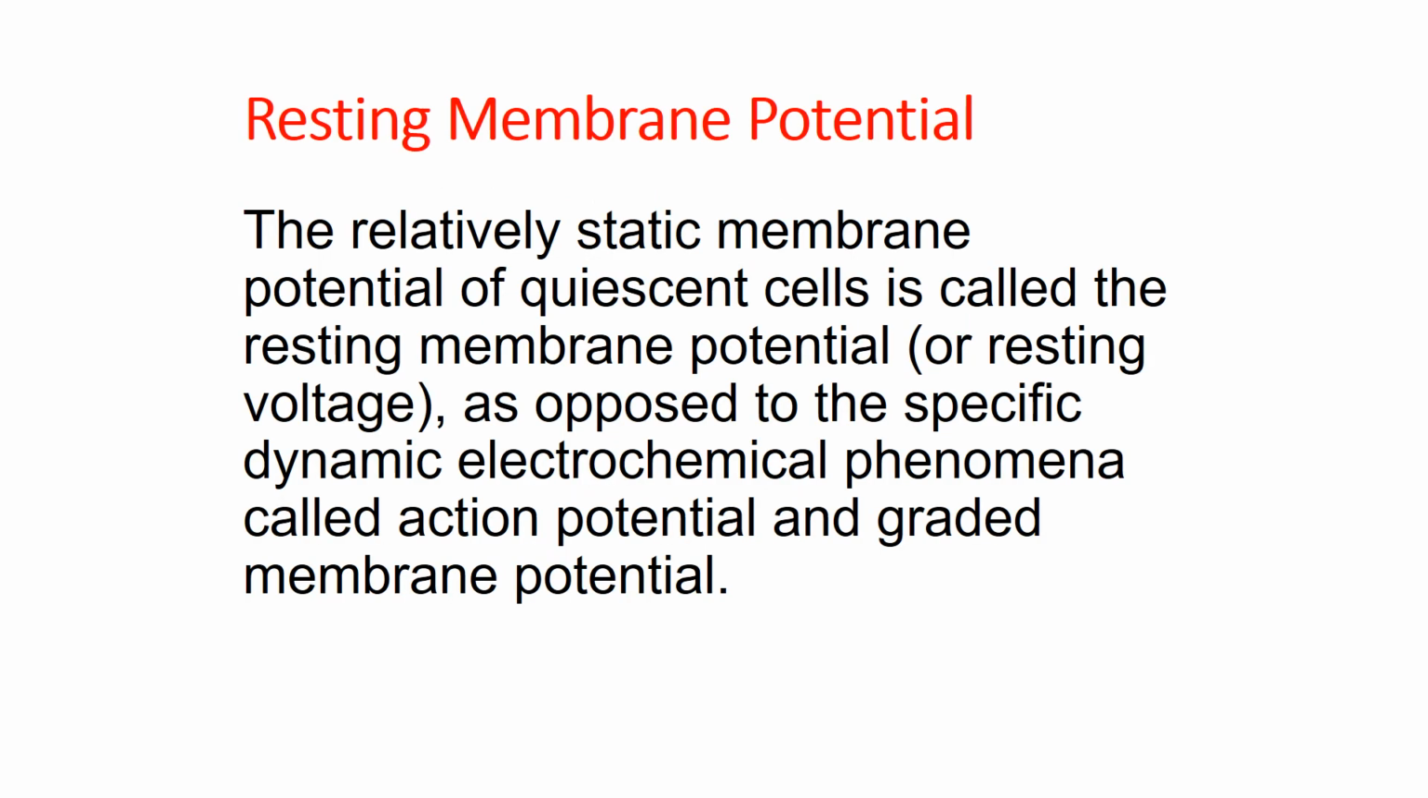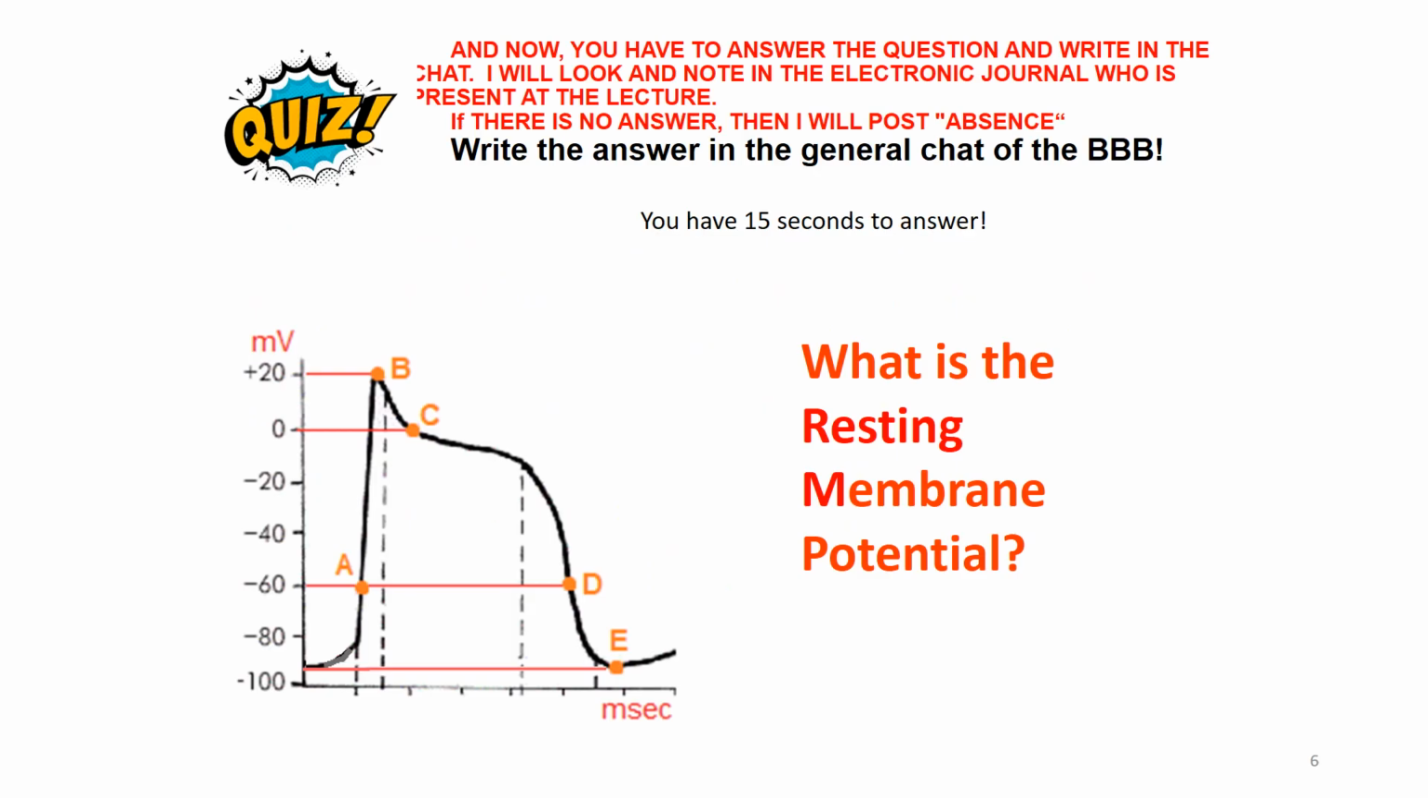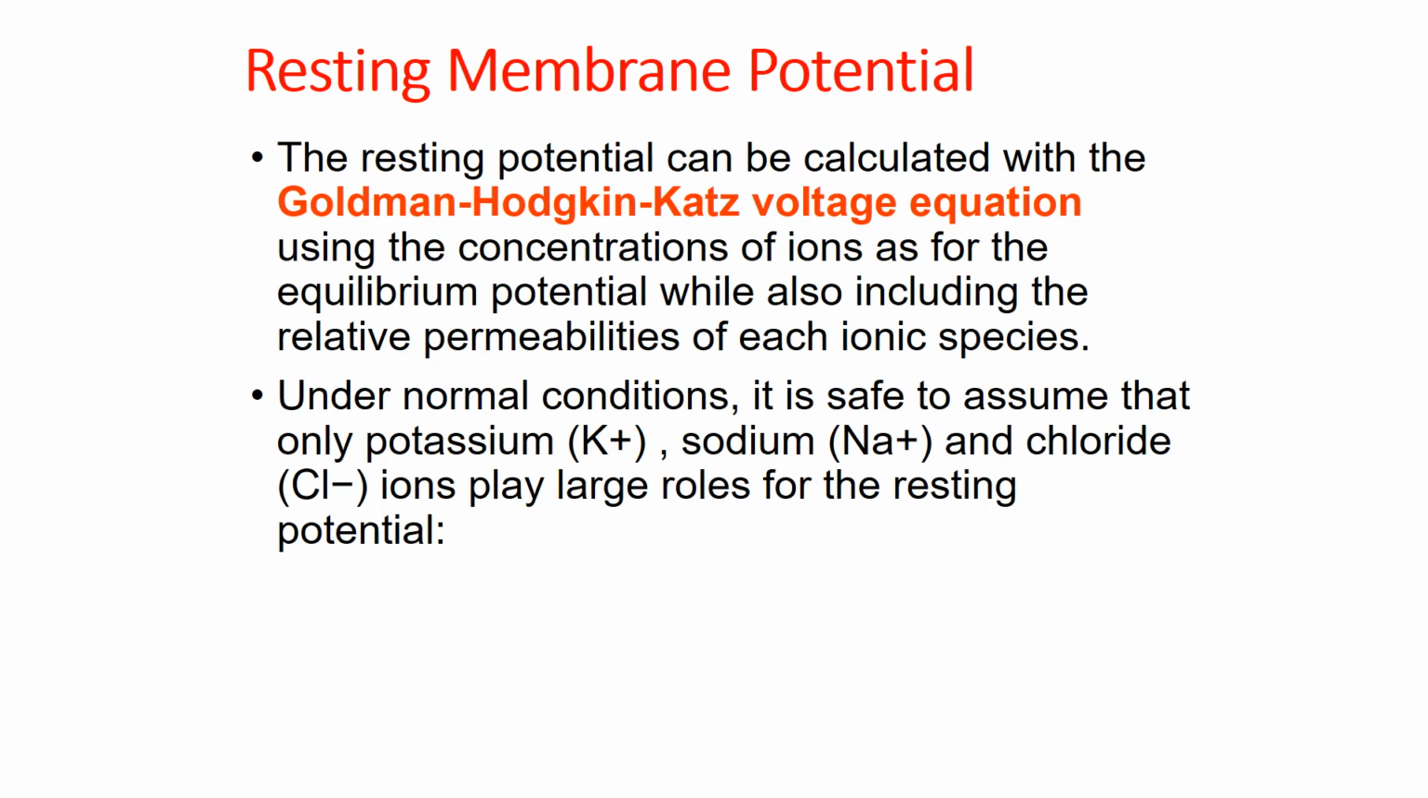The relatively static membrane potential of quiescent cells is called the resting membrane potential, or resting voltage, as opposed to the specific dynamic electrochemical phenomena called action potential and graded membrane potential. What is the resting membrane potential? Answer: approximately -93 mV. The resting potential can be calculated with the Goldman-Hodgkin-Katz voltage equation using the concentrations of ions